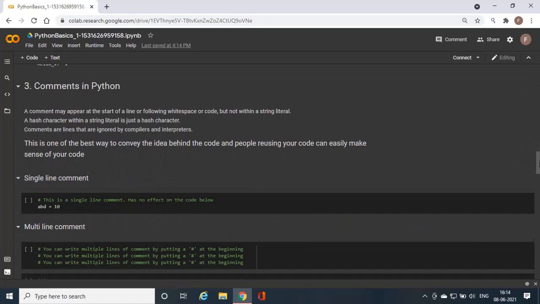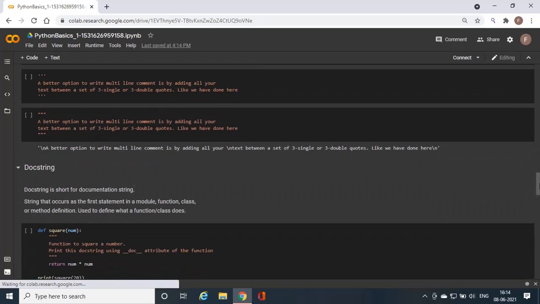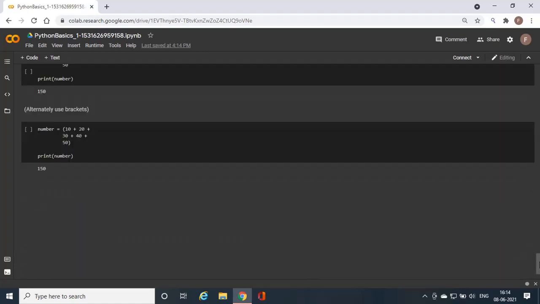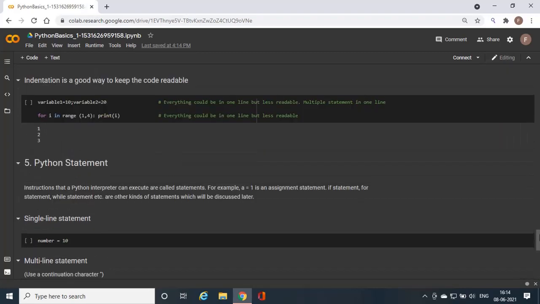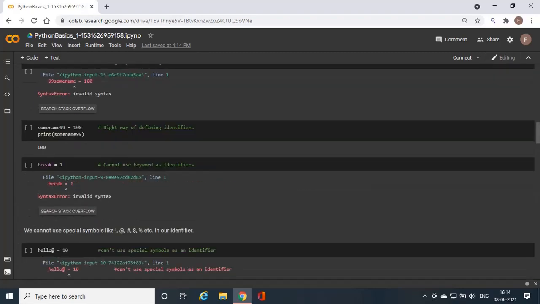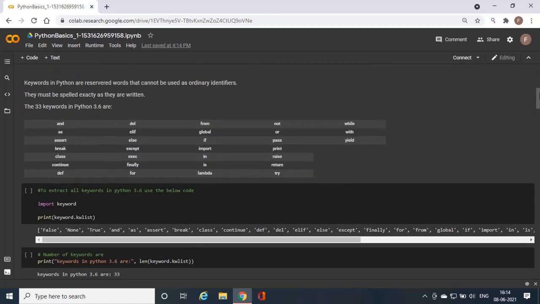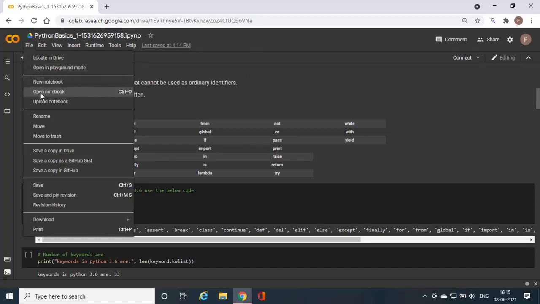So that was available in my local drive, and now we can see that this file is available in my Google Colab. I hope you guys are understanding how we can upload a new file into this Google Colab. Let's go back to our previous file.